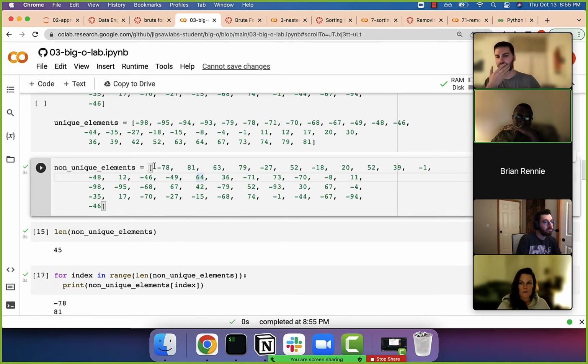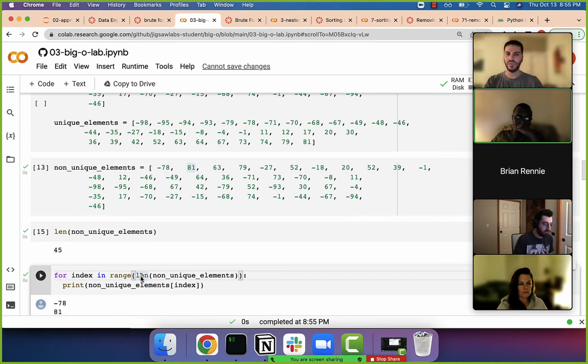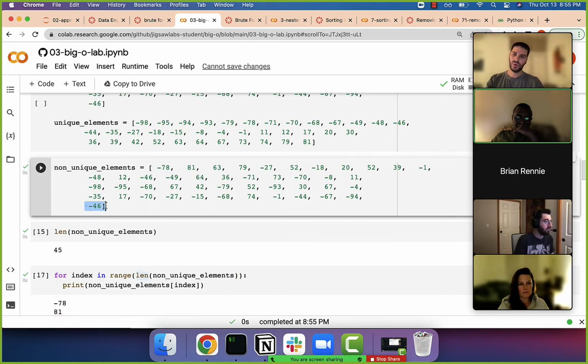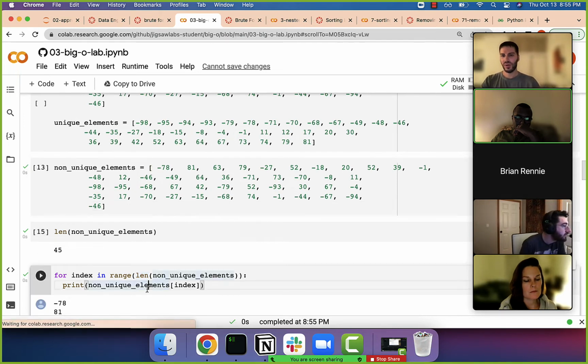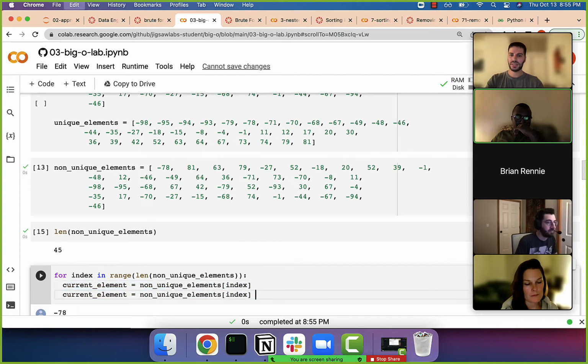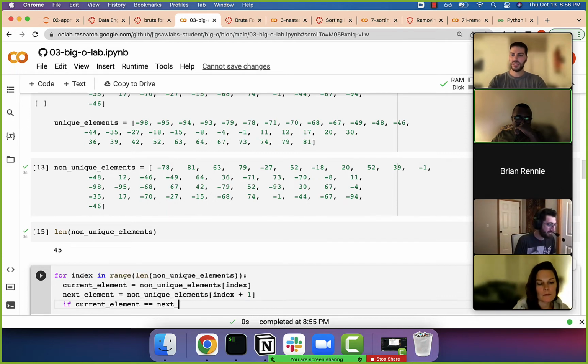Then what we can do is compare the element to the next one. This will work except when we get to the end, we're going to be looking for the next element and it's going to say we're out of range, because there is no next element. But we can try it. I'll call this the current element, and the next element is the index plus 1. Then we can say if the current element equals the next element,